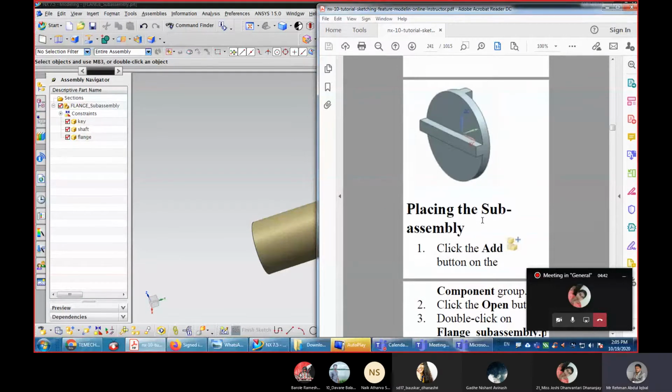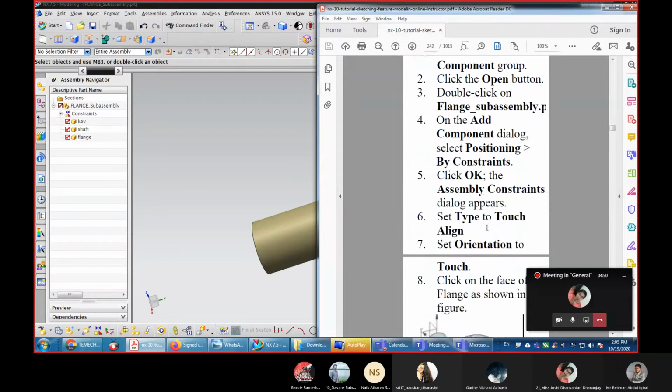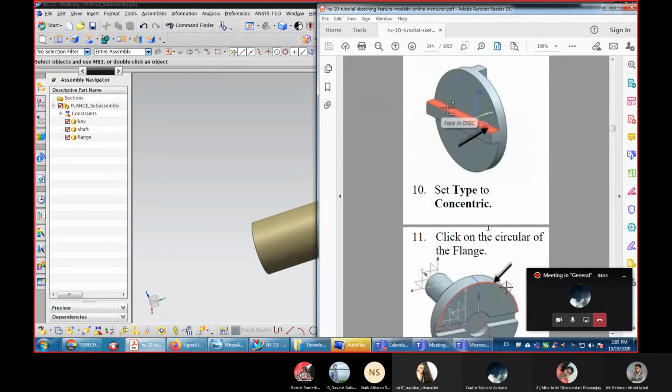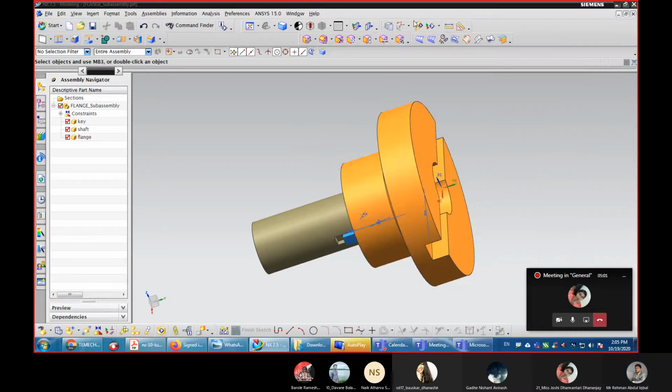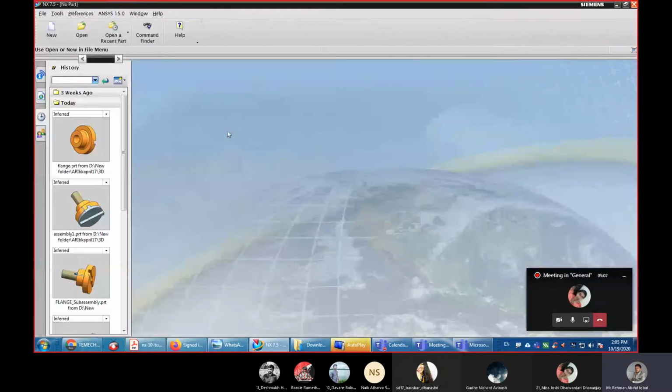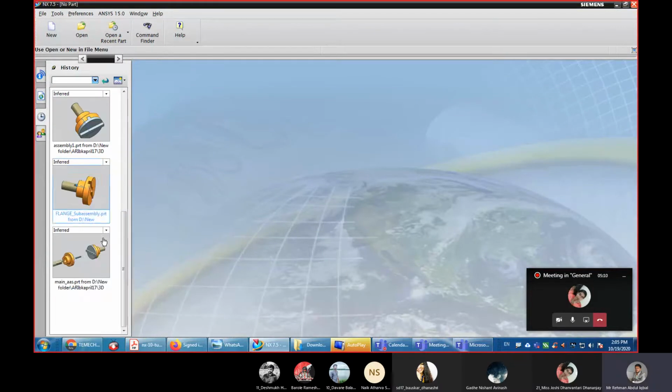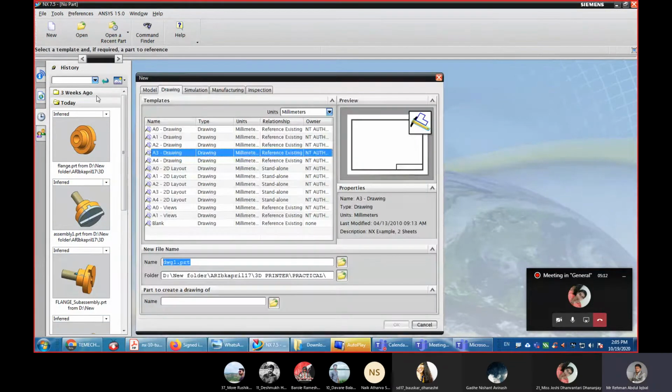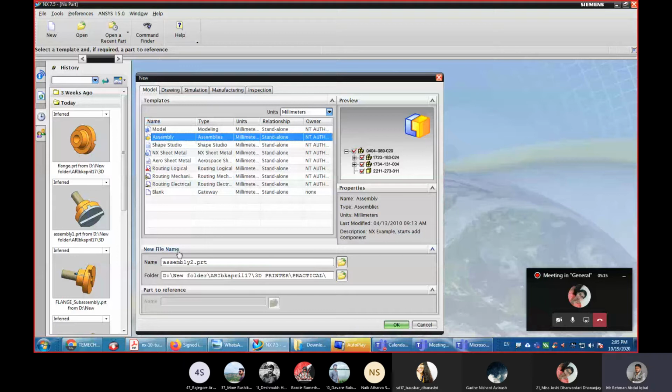Next, we will make one more assembly that will be the main assembly. In that main assembly, the first component will be this disk. So I will close this and create a new assembly, and here you can give the name, main.